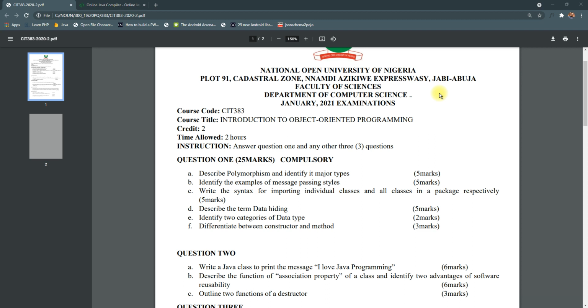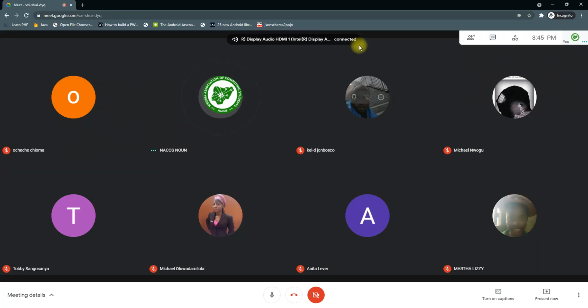So data hiding is making some aspects of your objects hidden, so that this set of operations happen internally. And you can actually